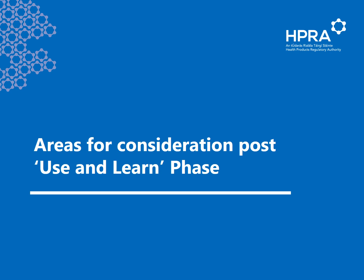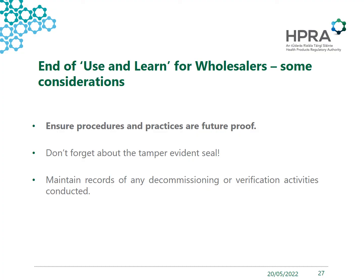Finally, just to look at some considerations for wholesalers as you navigate the post-Use and Learn phase. Ensure your processes and procedures are future-proof. So what I mean by this, you've likely put a significant amount of work into determining where you sit in the supply chain and if you are required to verify unique identifiers. If you are an entity that has established that you only ever receive from the designated wholesaler and therefore you don't need to verify, what happens if, going forward, business requirements change and new suppliers are onboarded? Make sure that the processes and procedures that you've put in place will prompt you to consider if you are